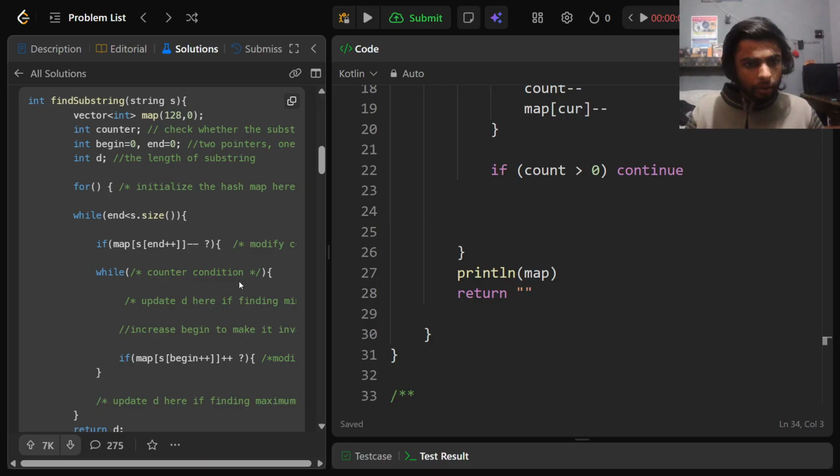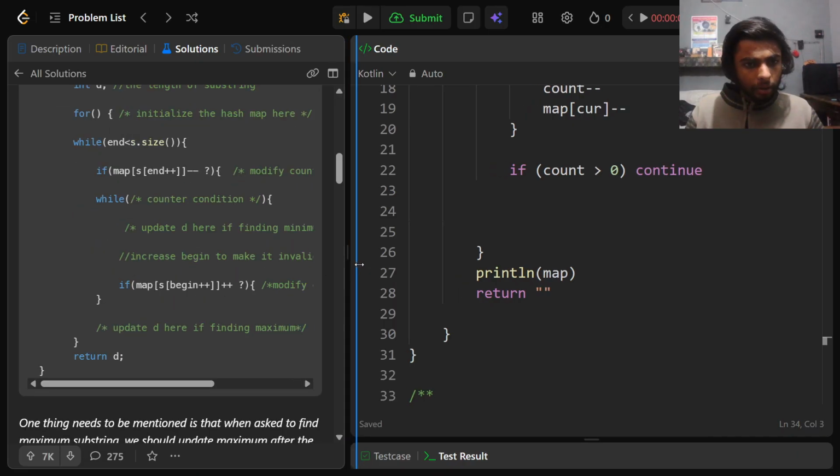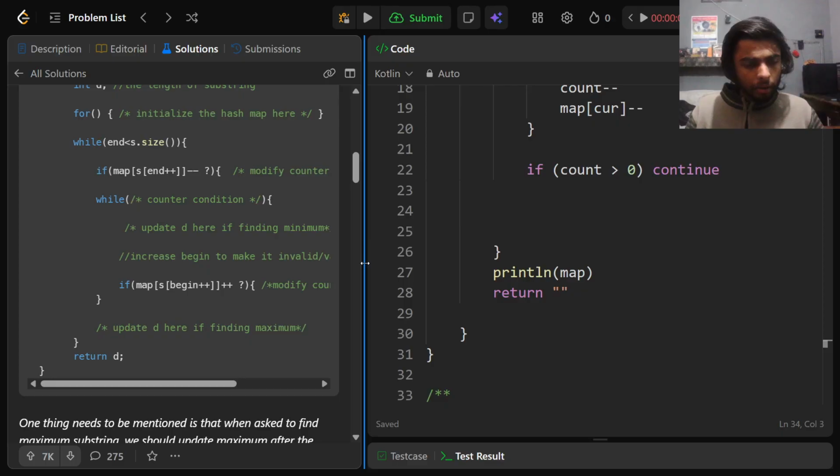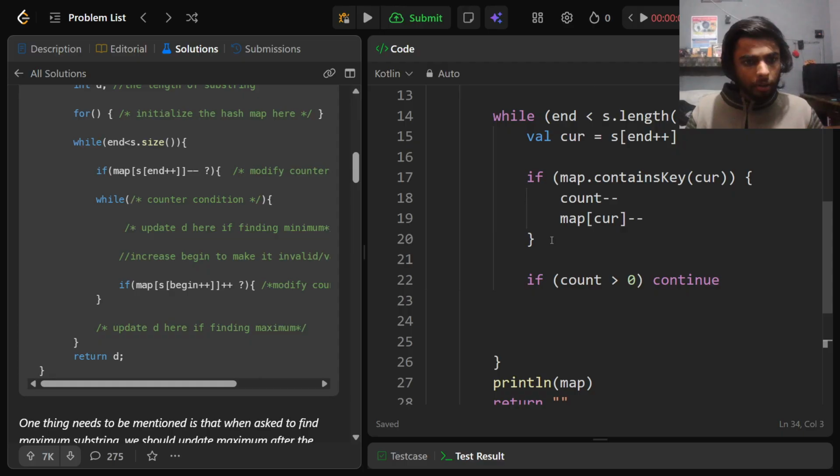Boundary condition. So while my counter is equal to 0,